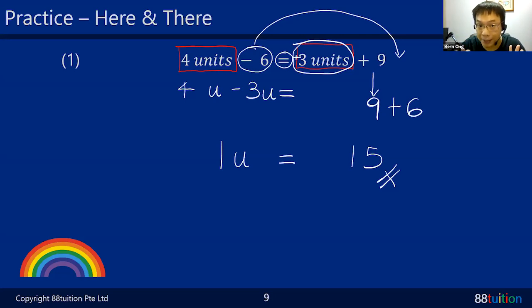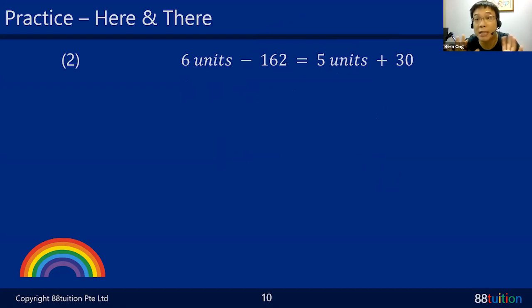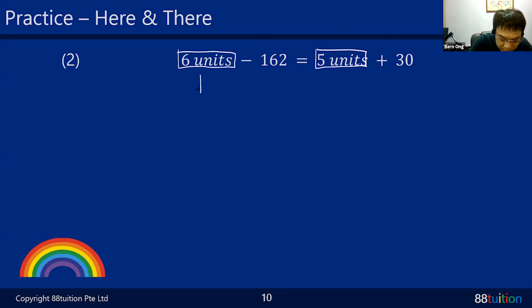So if you look at the pattern some more, look at question 2. I'm going to do the same method. Once you can get the method, once you can get the pattern out, everything is the same, trust me. So down here, we have 6 units, and also 5 units. First question, who is heavier? 6 units. So you just copy down 6 units. The equal sign is still down here.